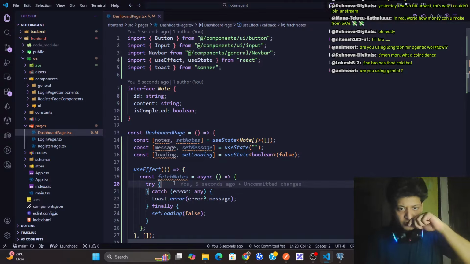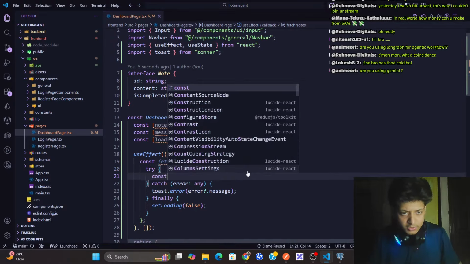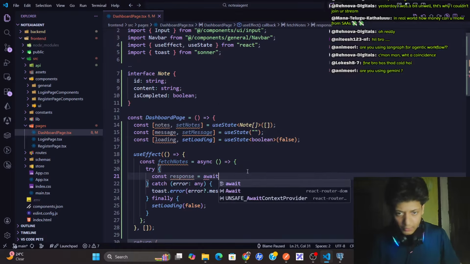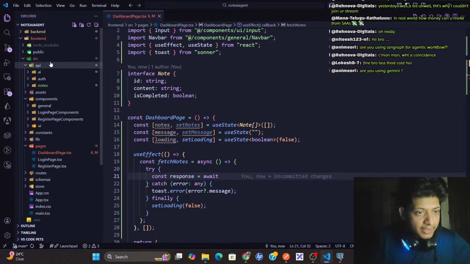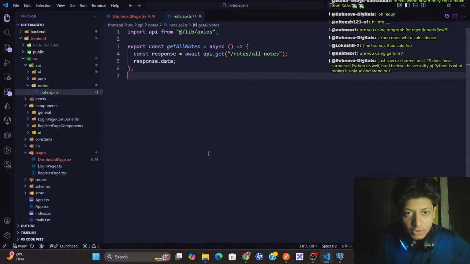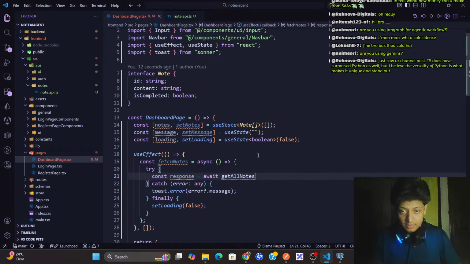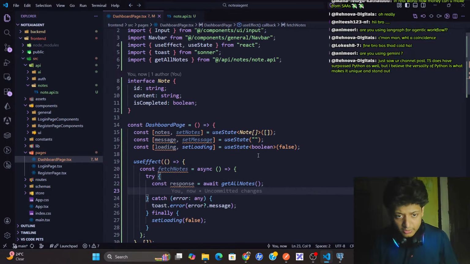Try fetchNotes. So here, while fetching the notes, const response equals await. Then I'll get what was my endpoint, my API, not here, notes, the getAllNotes, await getAllNotes. Fine, we got this.